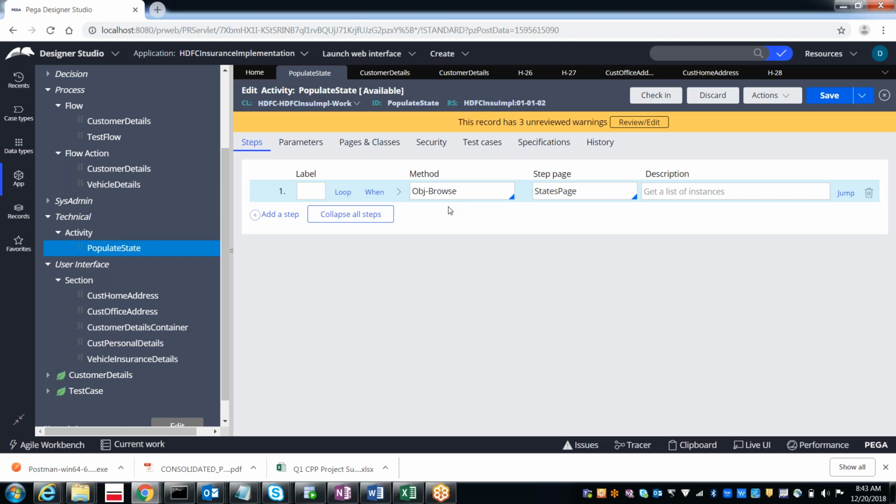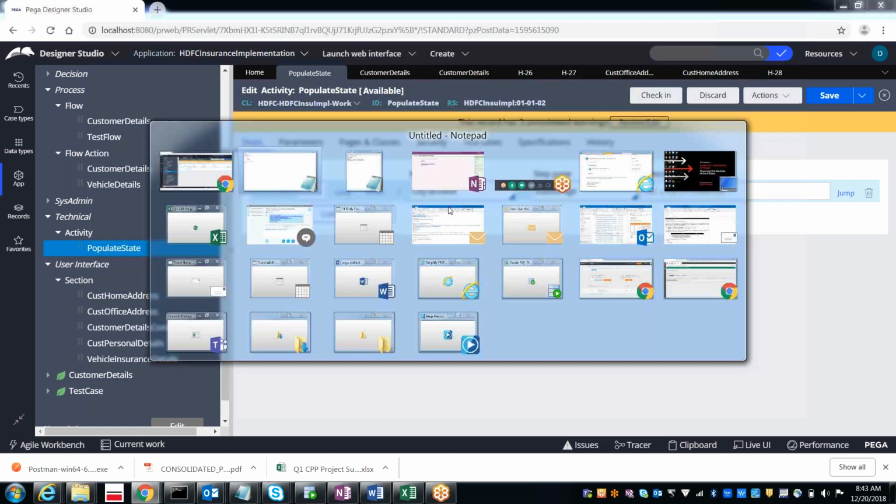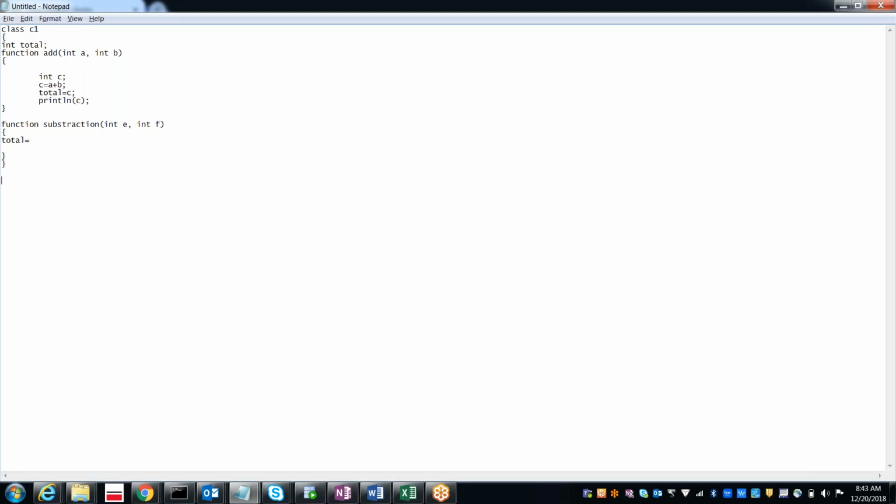The most commonly used methods are obj new method, page new method, page remove method, and then property set method.